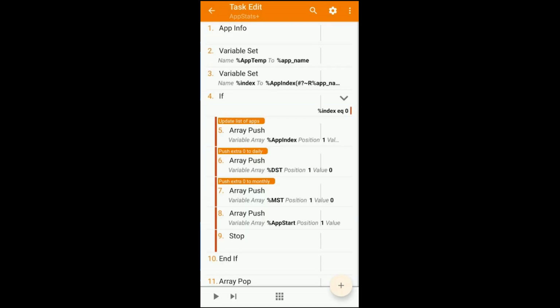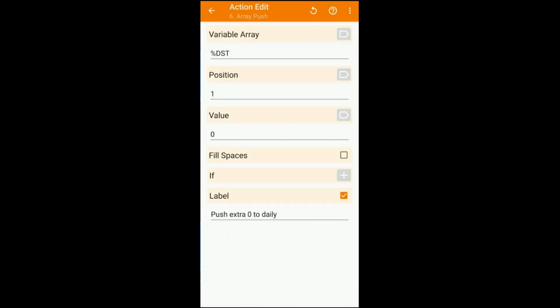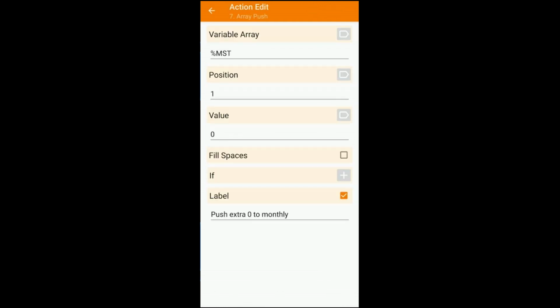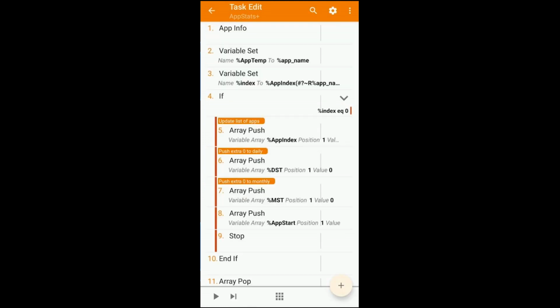Because I did that and I shifted that value, I have to adjust the same values, or shift the values one app, in my DST array. DST is the daily statistics and MST array is monthly statistics. So I'm basically pushing all the values one app, making space for the new app. So once I do that,